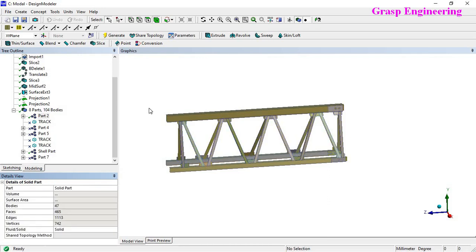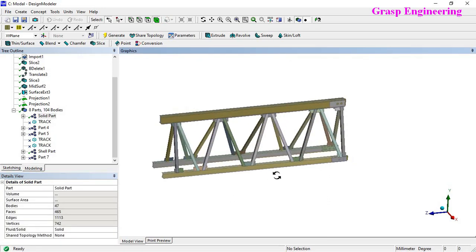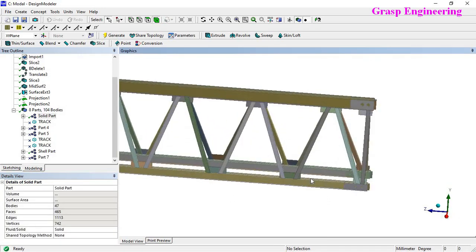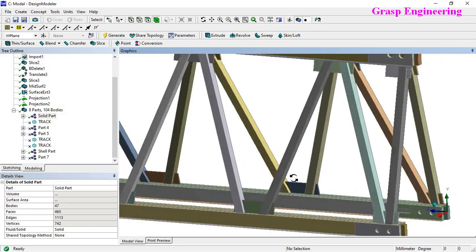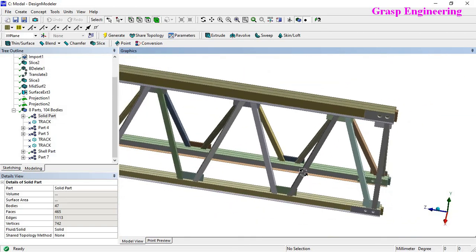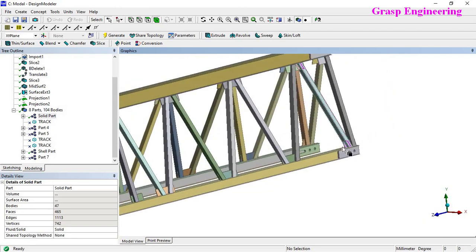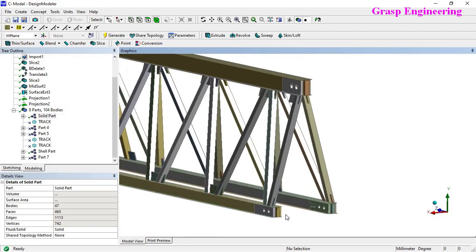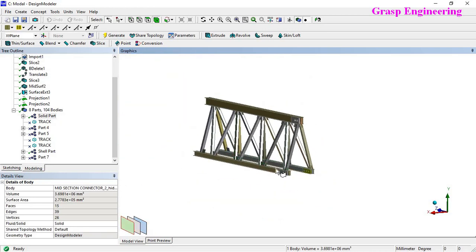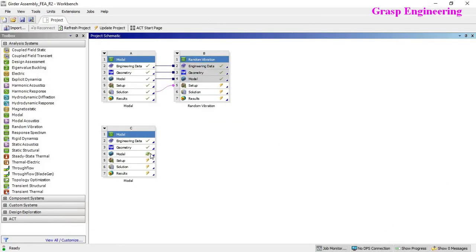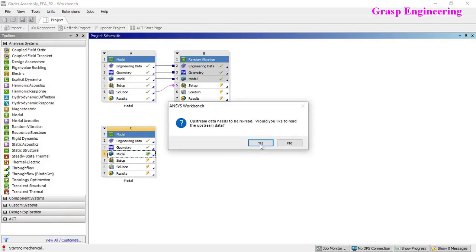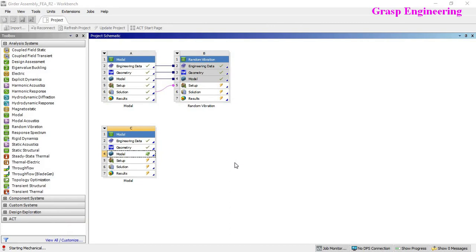Okay, now our geometry cleanup operation is done. We will not go into much depth because this is quite a simple one, with only a simple connection, so there is no need to do further geometry cleanup. If you want, you can even suppress this part, but just keep it because that will provide extra stiffness at that location. So once it is done, you need to double click and go to your mechanical.